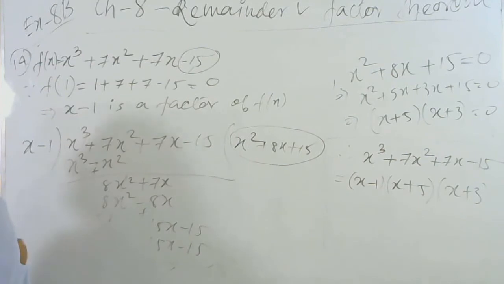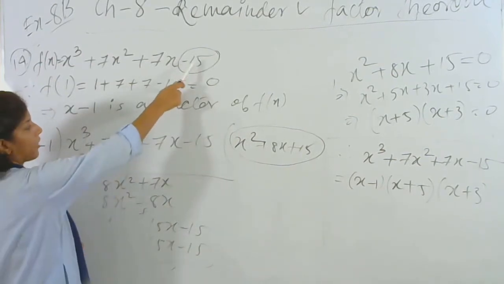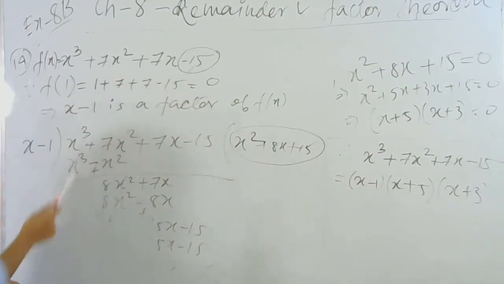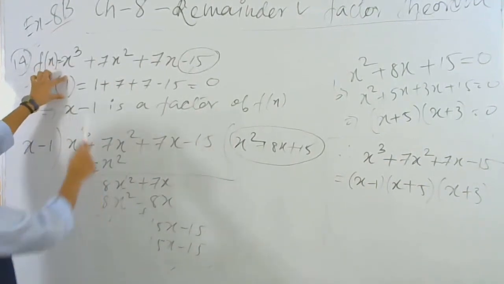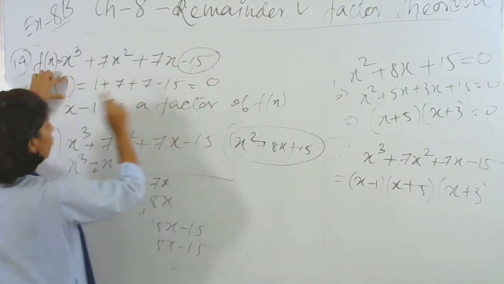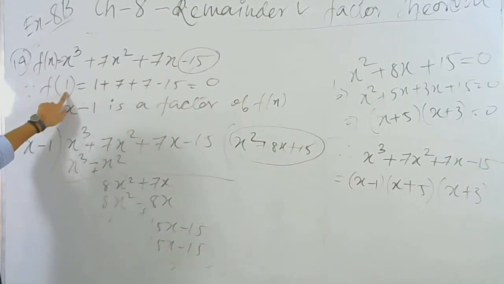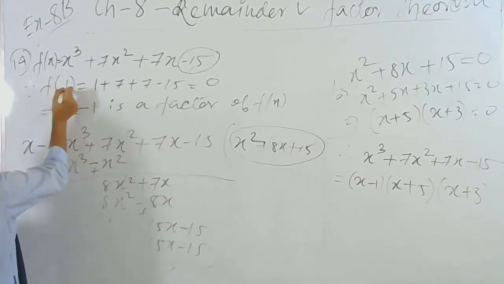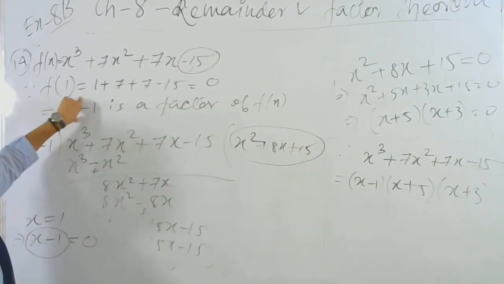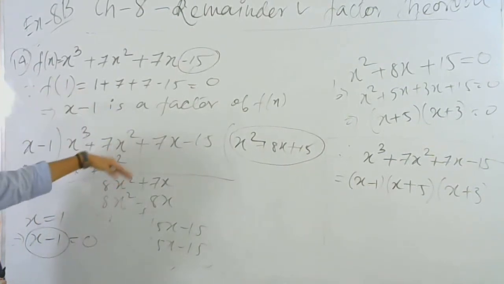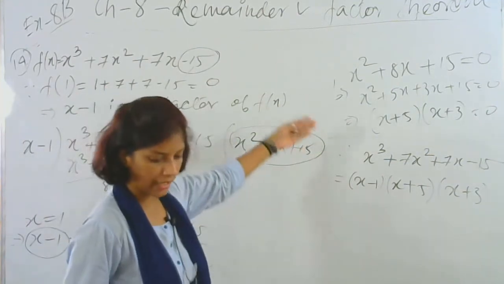Alright. So first of all, how will you do it? You'll try to find the factor from the constant term. Then from those numbers, using the hit and trial method, you'll find which value is satisfying the equation so that you're getting 0. So here I tried, I got f of 1 is 0. Now since f of 1 is 0, that means x equals 1, right? So x equals 1 means x minus 1. If you shift this 1 to the other side, it will be x minus 1. So this is the factor. So therefore x minus 1 is a factor. Then you do the division, you get the quotient, factorize it, and you'll get the other 2 factors.